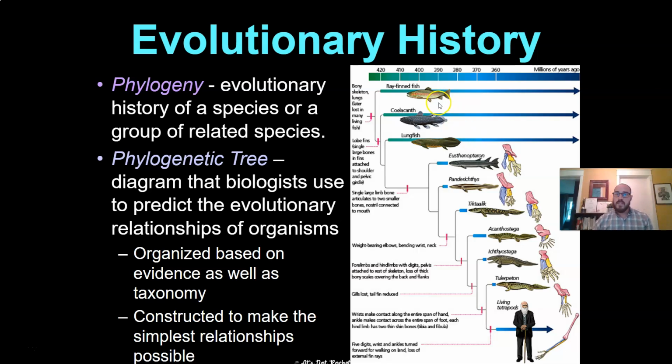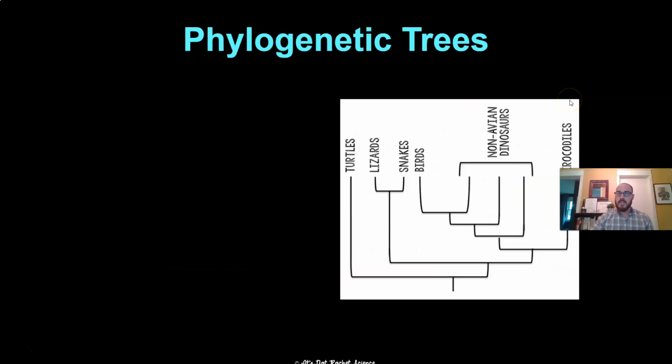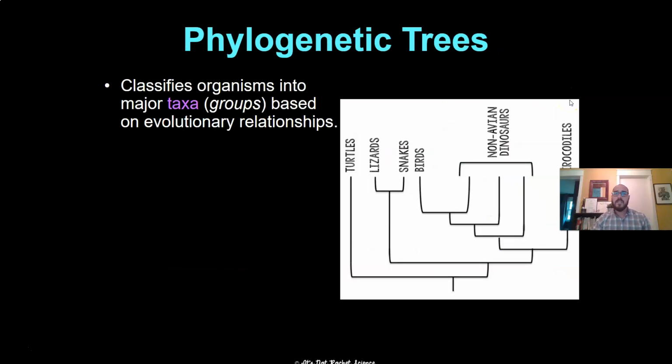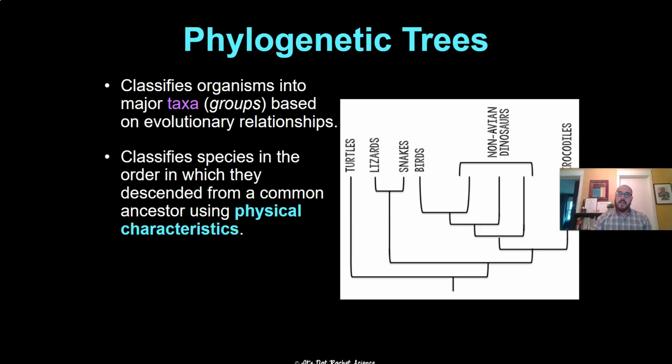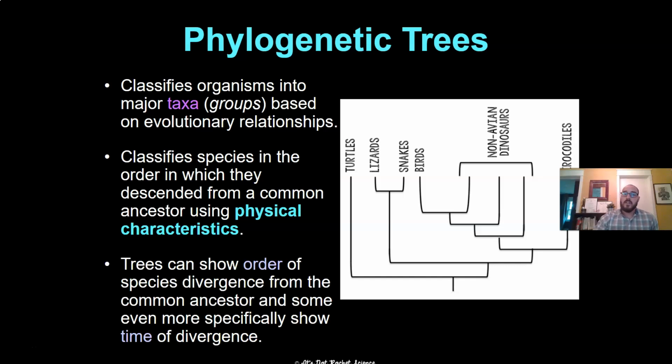So what's really cool about this is phylogeny is really showing you how closely related things are, but it can also show you how changes have occurred over time. All right, and we'll talk about what each one of these branches means in a second. So phylogenetic trees are classifying organisms into their large taxonomic groups, the phylum, family, all of that stuff. And then as it goes, it's getting more and more specific. So things are getting into more specific physical characteristics that they share in common, and they're showing you the order that species diverged from a common ancestor.